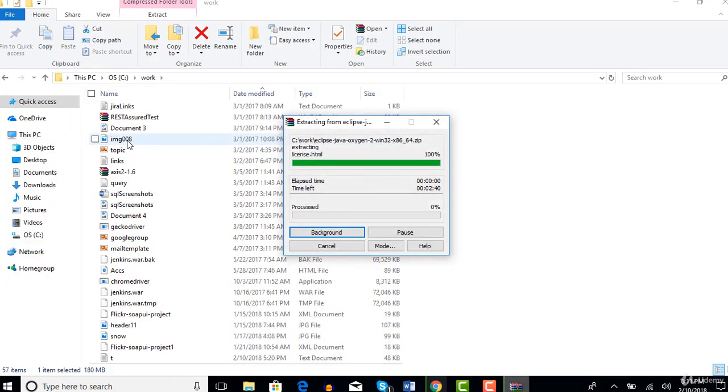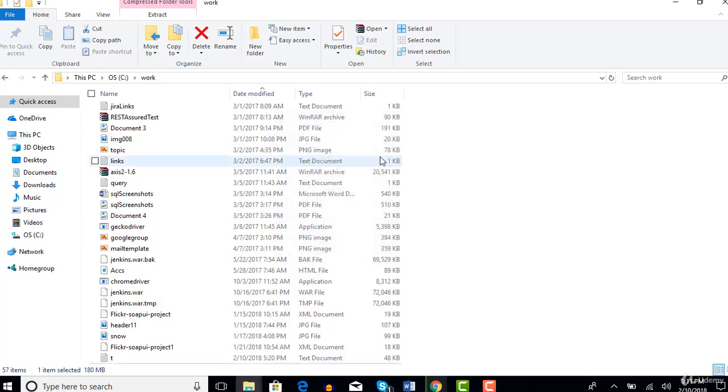That will unzip all your Eclipse files and create a folder where you can open and invoke eclipse.exe. It takes a little time to extract because it's a huge bundle of more than 150 MB. Let's wait till it completes.